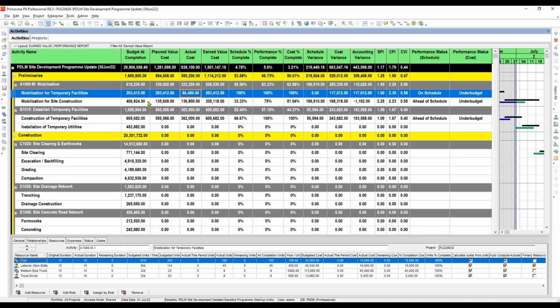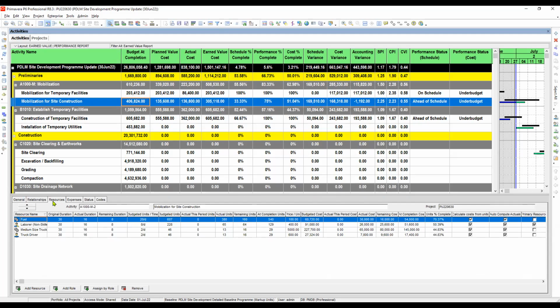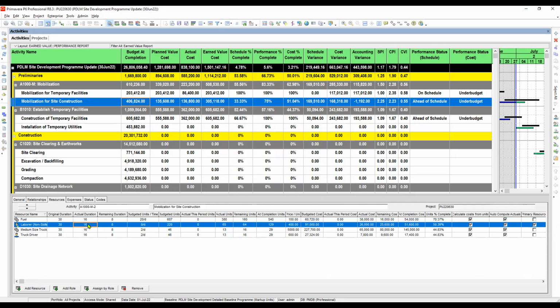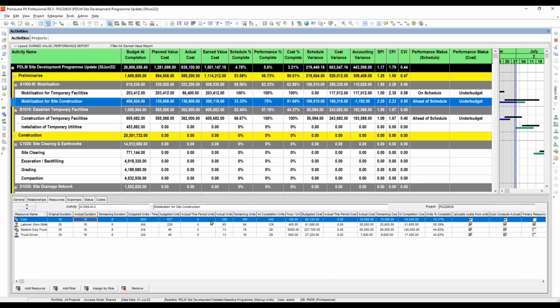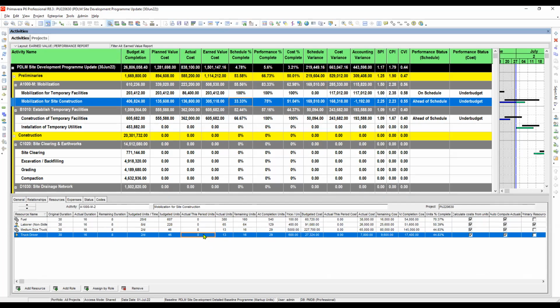Here, for example, in our mobilization site, under the bottom window, in the resource tab, if we have some unforeseen items and we really want to do the actual estimate of the remaining cost of this activity, and we can see that there are other unforeseen items that we really need for the next periods, we can add